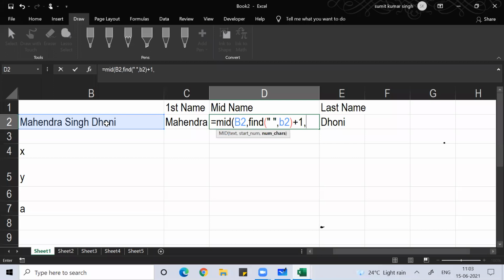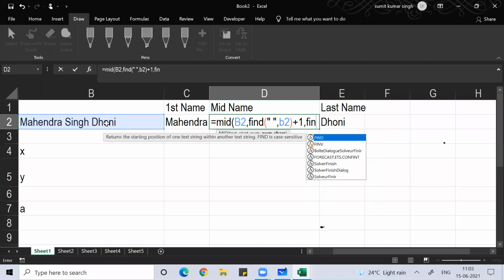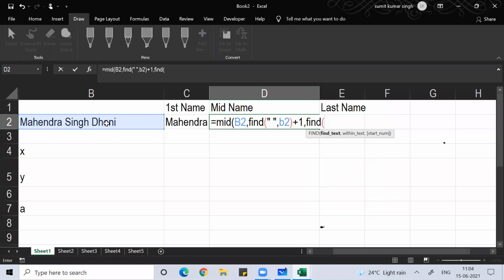For this, now what I'll do, I'll write equal to FIND, then double quote space double quote comma B2. So find the space in B2.